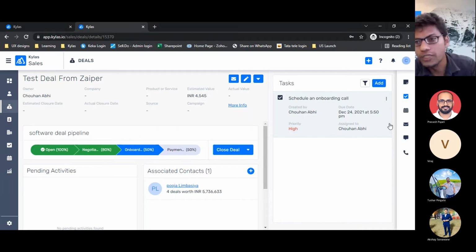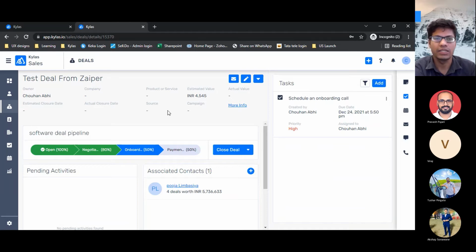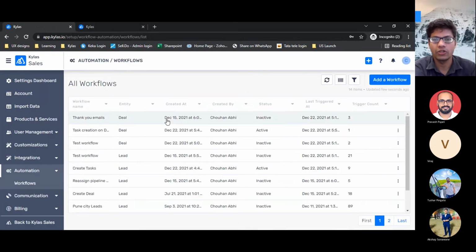And if you notice, the due date is December 24 around 5:50 p.m., which is exactly 2 days after the time when this workflow was triggered. Right. So this is how the automation of task creation takes place in Kaila. So there can be various use cases of automated tasks.